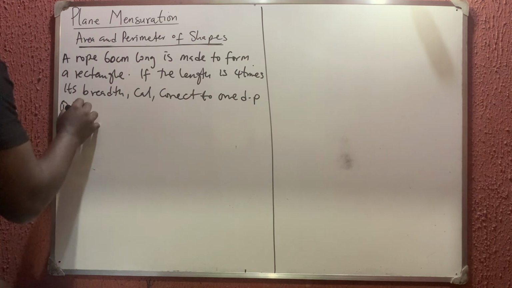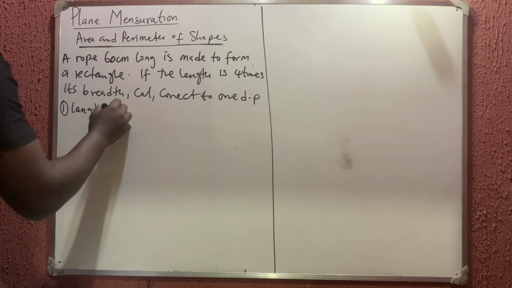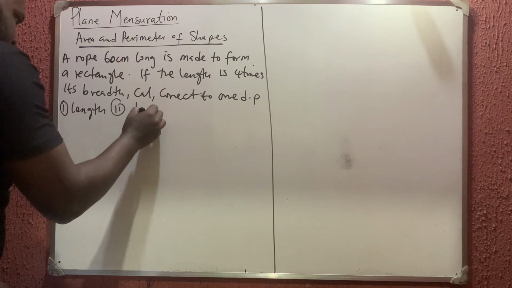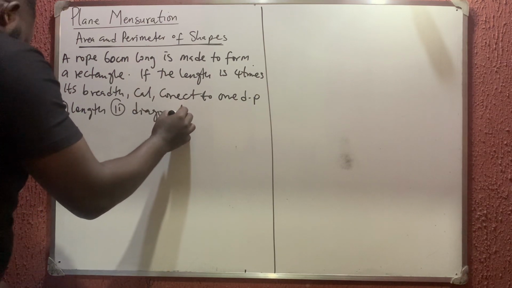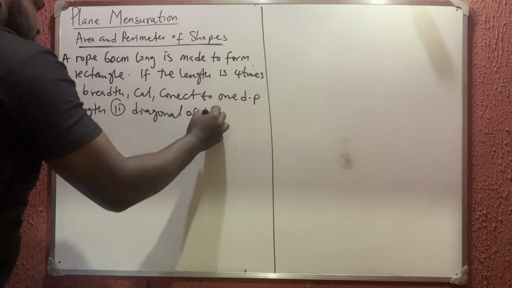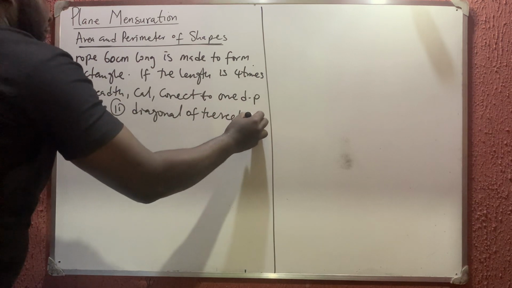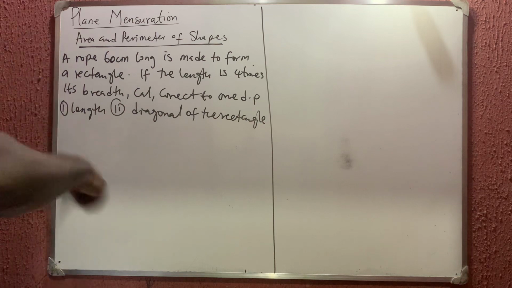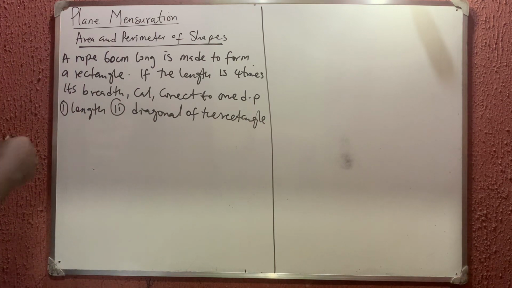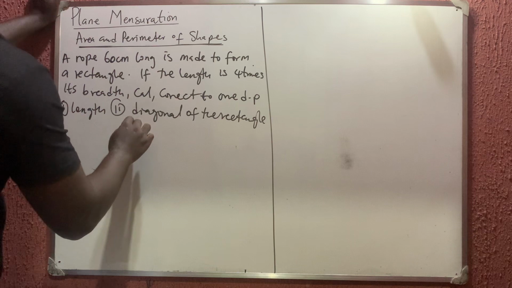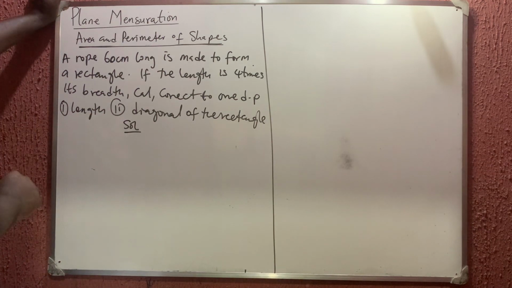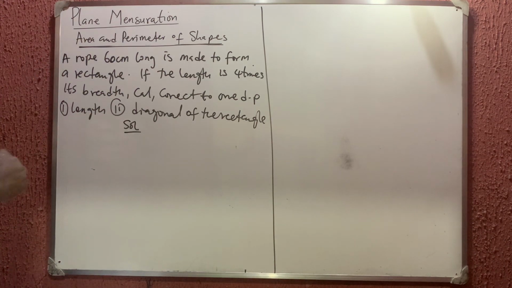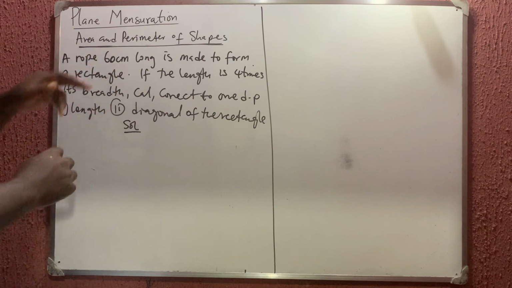the length and the diagonal of the rectangle. Okay. Now this is very, very simple. Solution. What do we do? Solution. Now first of all, we obviously know that since this rope is 60 cm and we want to use